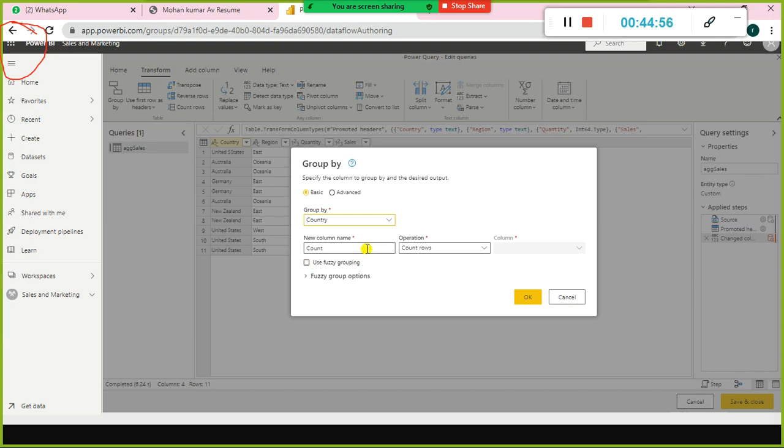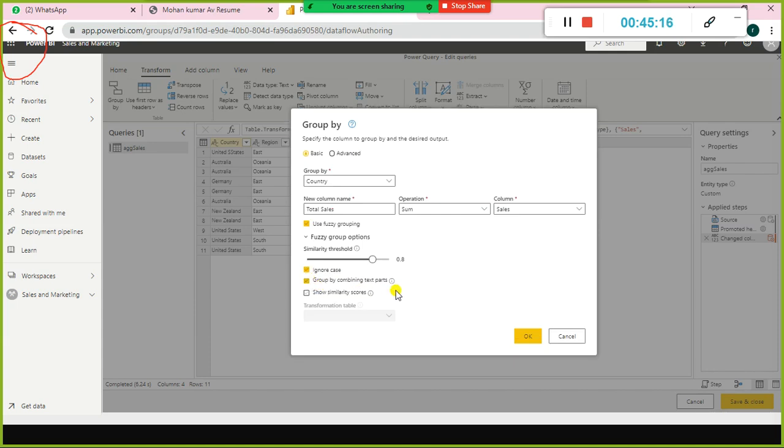So here I say new column is total sales, and perform sum on which column? Sales column. And here I select this option, fuzzy grouping. When you expand this one you find some more options, like ignore case.